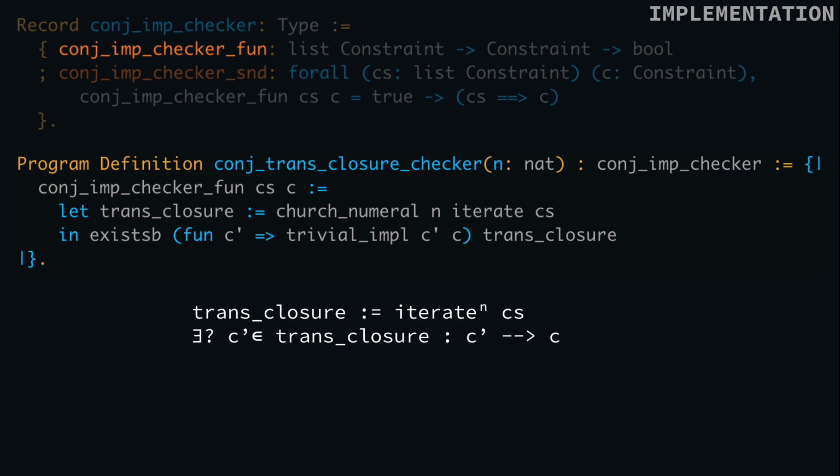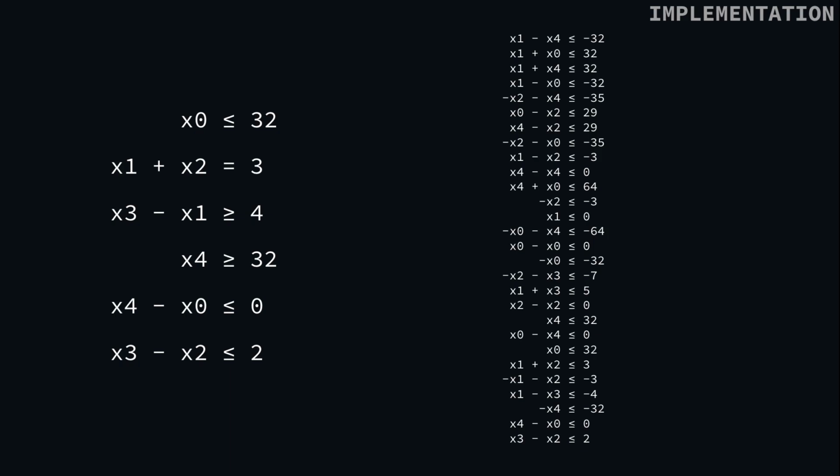This whole implementation relies on whatever the transitive closure ends up being, which is computed by successively applying, n times, the iterate function over the hypothesis constraints. But what is the transitive closure? The transitive closure of a set is the strongest constraints which can be deduced from this list of constraints. Therefore, all of the thesis constraints to which our function should return true are those that can be trivially implied by our transitive closure, which is exactly how we have encoded our algorithm.